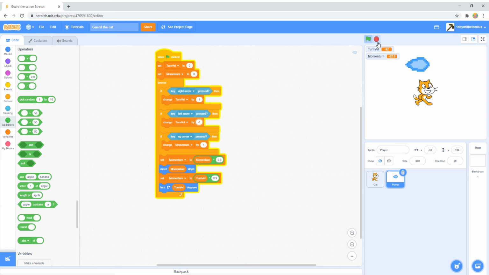So turning is really easy. How are we gonna fix that? And our momentum is changing. So yeah, how do we fix that? Well, we're only setting the momentum to that. So now we have our smoothed out movement,